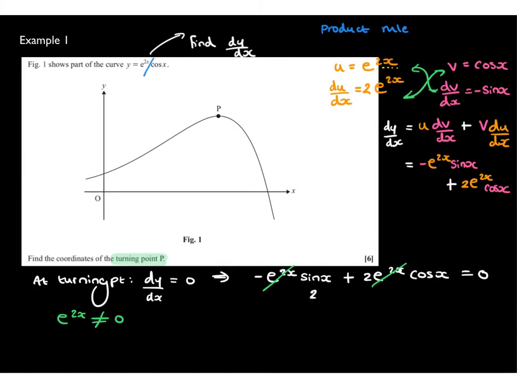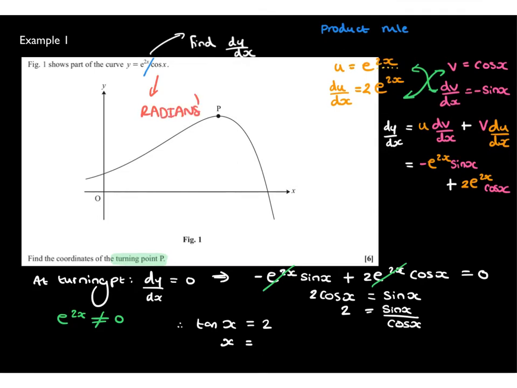This then leaves me with 2 cos x equals sine x after a little bit of rearranging, and then dividing through by cos x will give us 2 equals sine x over cos x, which of course is the same as tan x. So we're left with solving tan x equals 2. Now we are working with differentiation, calculus, and we're working with a trig function, so we must be in radians for this to actually work correctly. So when we take shift tan or inverse tan on our calculator, arctan, we need to be in radians, and x works out to be